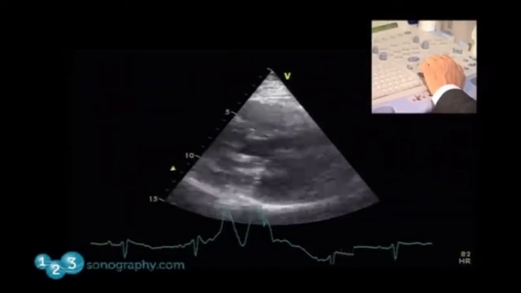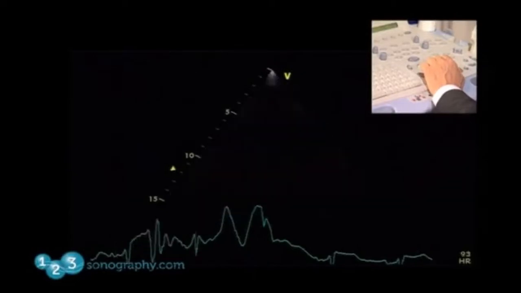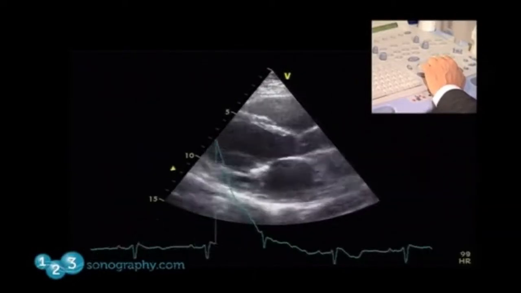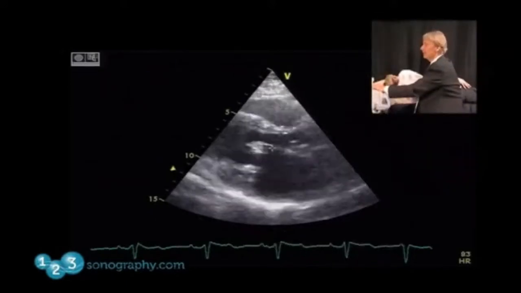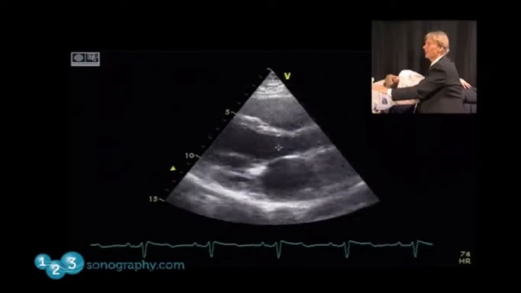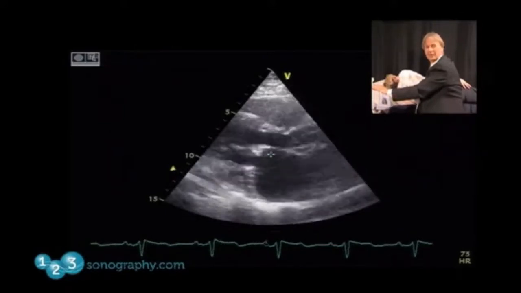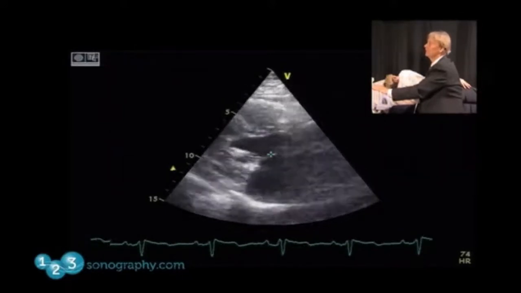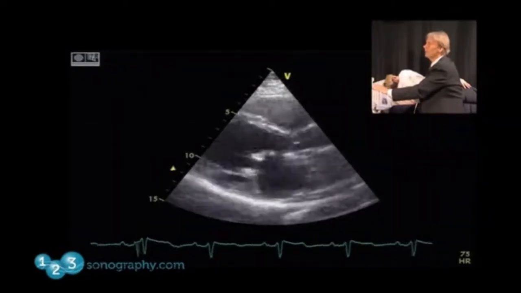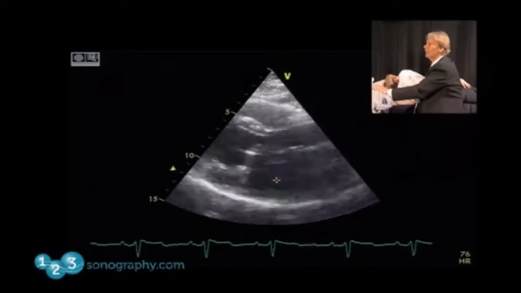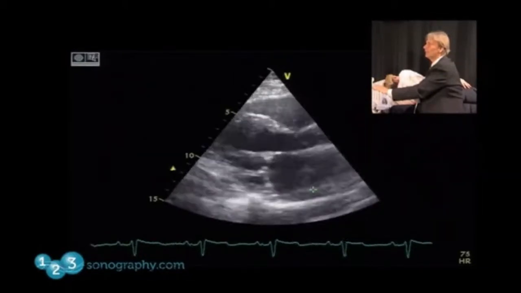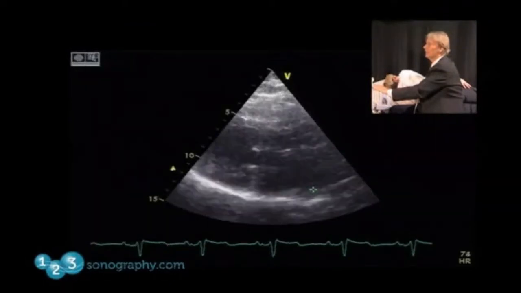I'll try to optimize the image here. Okay. If we look at the leaflets, we see that it is especially the tips of the leaflets which are thickened. The body and the base of the anterior leaflet is fairly mobile, and also the tip of the posterior leaflet is thickened. And then what you can do is you can just tilt the transducer caudally and anteriorly, and